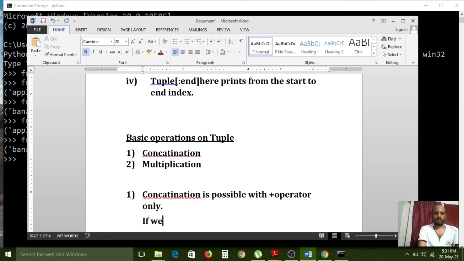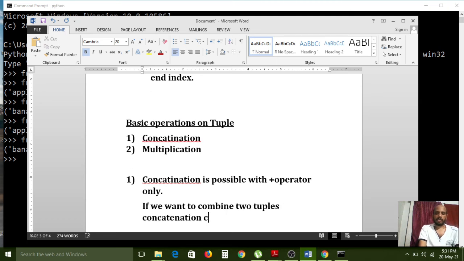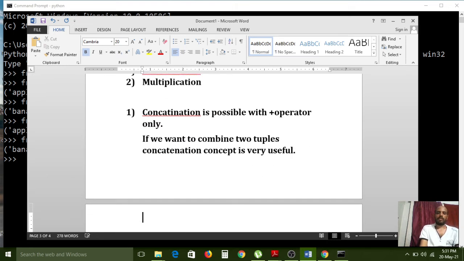If we want to combine two tuples, the concatenation concept is very useful. So now practically we can see.